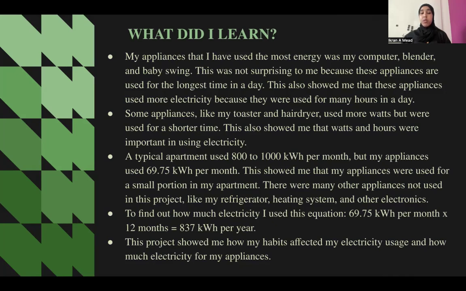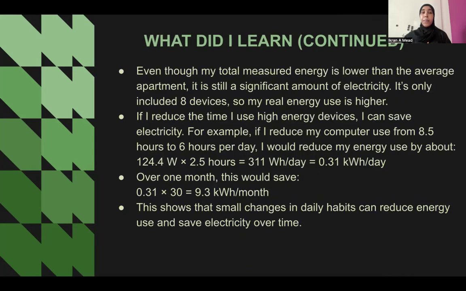This project showed me how my habits affect my electricity usage and how my electricity use adds up for my appliances. Even though my total measured energy is lower than the average apartment, it is still a significant amount of electricity. It only included 8 devices, so my real energy use is higher. If I reduce the time I use high energy devices, I can save electricity. For example, if I reduce my computer use from 8.5 hours to 6 hours per day, I will reduce my energy use by about